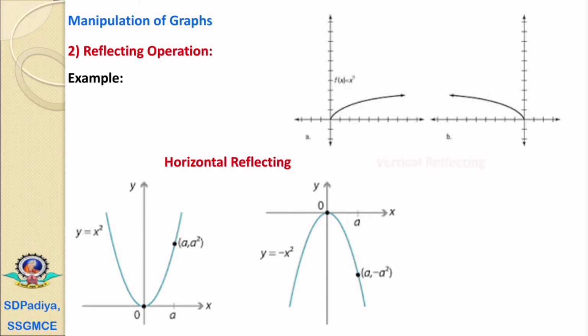In a second example of the vertical reflecting, the original graph is in the positive region of the x and the y-axis. If we perform its reflecting about this y-axis, that's what we call the vertical reflecting, then it will reflect to the negative region of the x-axis. These are the two types of the graphs. The first, if we perform the reflection about the x-axis, that's what we call the horizontal reflecting, and if we perform the reflecting about the y-axis, that's what we call a vertical reflecting.